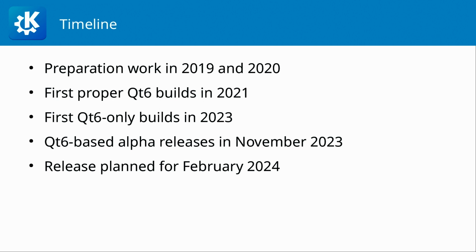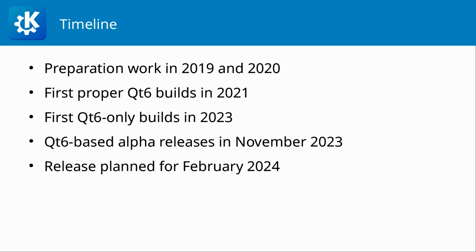Then earlier this year, we made the decision to go all in on Qt6 for at least some projects, and we're working towards finalizing this transition. Then this month, we released the first alpha release of the Plasma 6 desktop, KDE Frameworks 6, and an initial batch of KDE applications ported towards Qt6. And the final release of that is planned for February next year. But I'm already running this presentation on my laptop, running a Plasma session based on Qt6. And I have through pretty much all year.